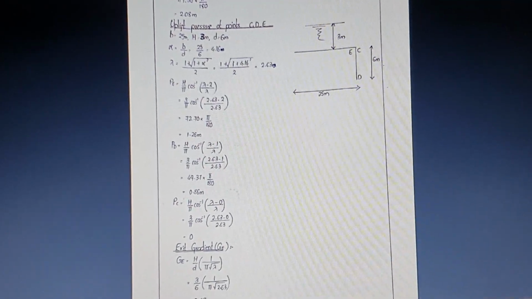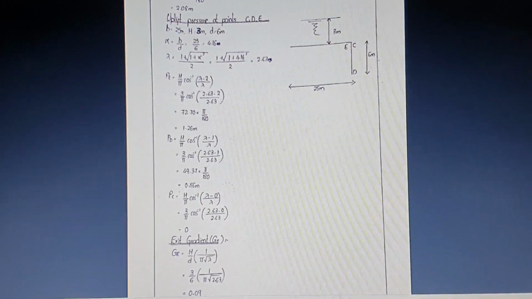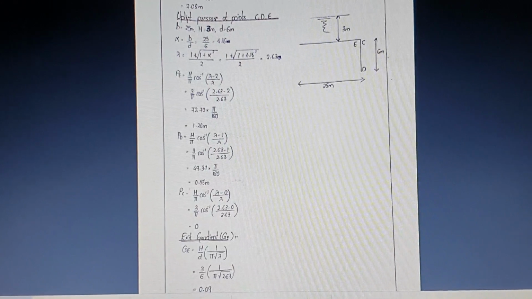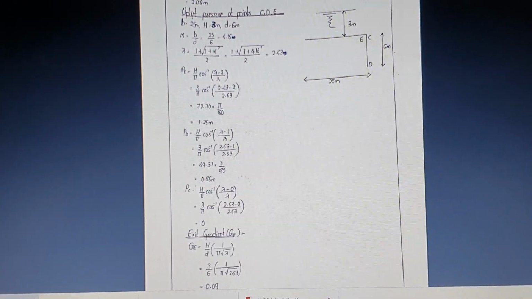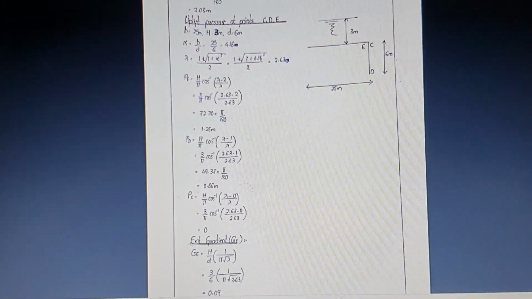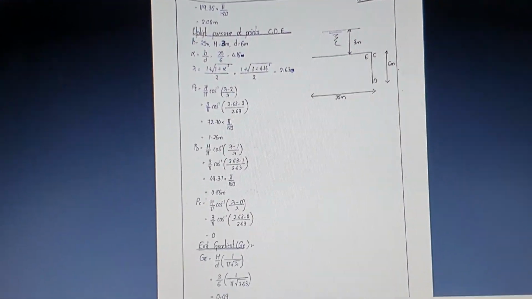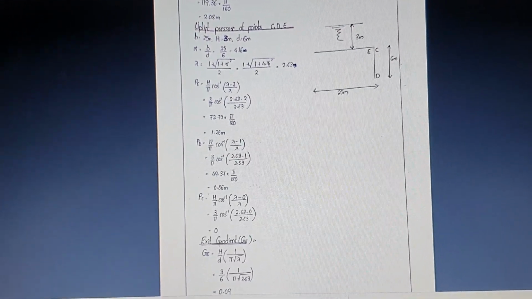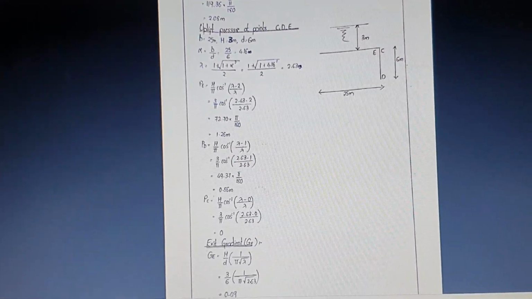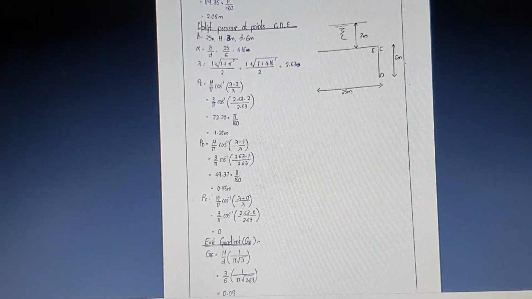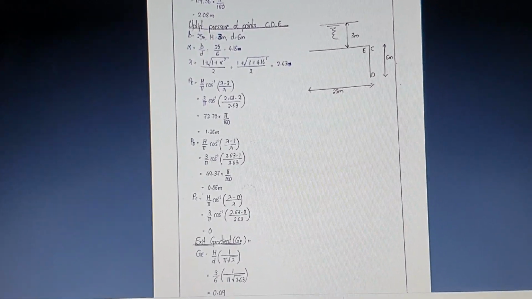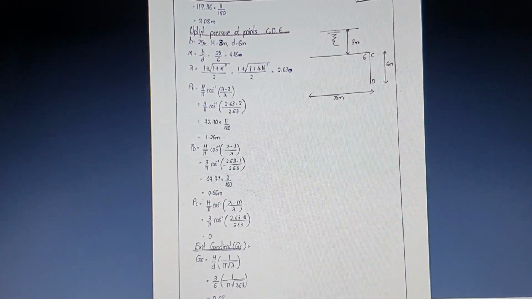Similarly, based on the formulas for the downstream intermediate pile of Khosla's theory, we are also going to determine the pressure at the points PE, PD and PC by calculating the values of alpha and lambda. And then the last step is to find the exit gradient. So what is the exit gradient? The exit gradient is always at the downstream end of the pile. So we are going to consider the downstream depths in order to find the exit gradient. So these are the very important topics from your 4th unit.